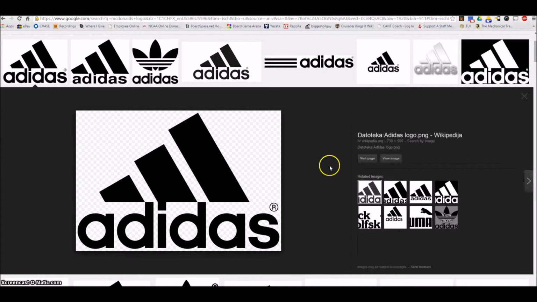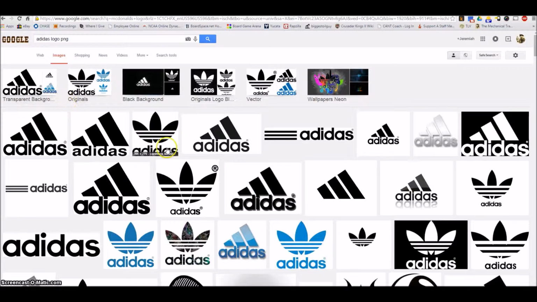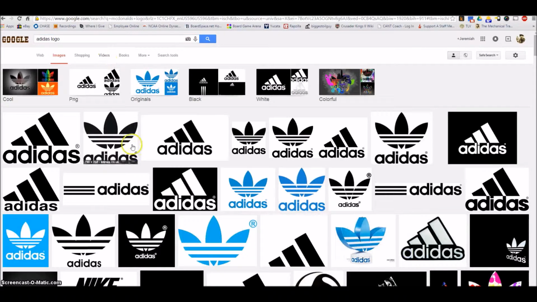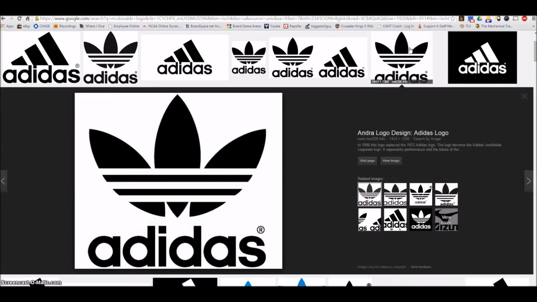So, for example, here, when I look up a transparent background, files that are a PNG, I look up like Adidas logo PNG. If I just look up Adidas logo and I click on this, you'll see that there are these little squares I can see. That lets me know that this is a transparent background. But if I don't see those squares,